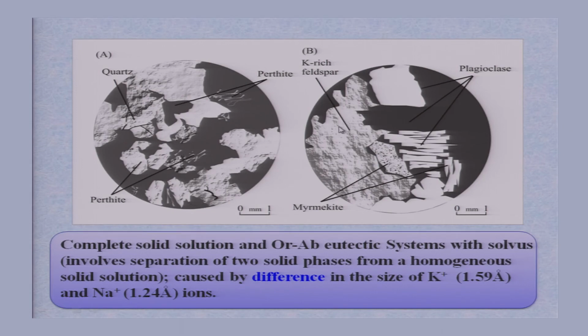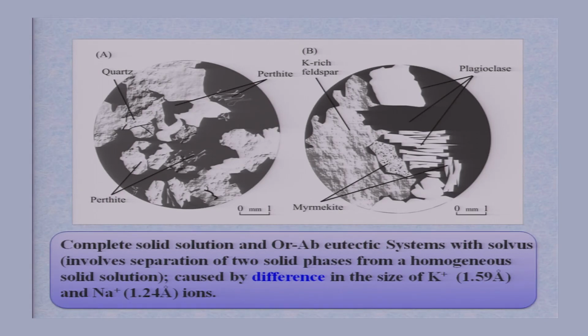This replacement is possible. As a result, in orthoclase and this alkali feldspar here, the K feldspar rich one, or see here the orthoclase feldspar, in both of them the Na ions can be replaced by K ions. As a result, you get perthitic texture, but this perthitic texture is because the cations Na and K have more or less similar ionic radii. If there is a vast difference in ionic radii, such kind of replacement will not take place and you may not get perthitic or antiperthitic textures here.